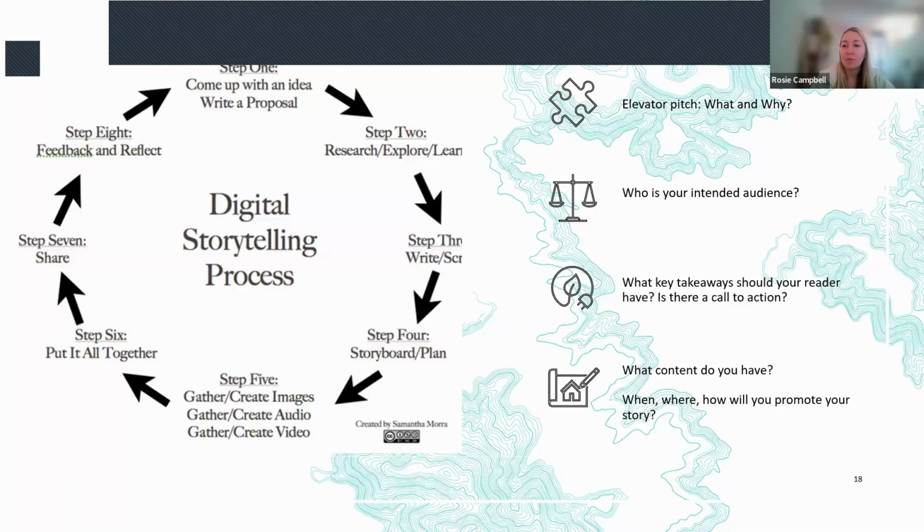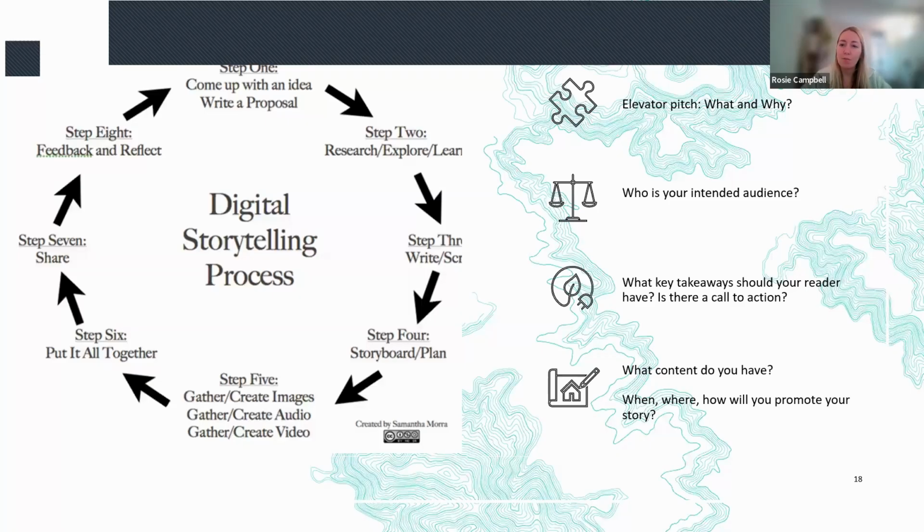You have to also kind of think, who is your intended audience? Is it for someone of a higher education level? Is it for everyday public? And then again, we also have to really consider, are there any takeaways or calls to action? So what do you actually want this to create? Is it to spread awareness of something? Is it to teach about an unknown history? Is it to show something about the archaeological site you're working on or the people or region?